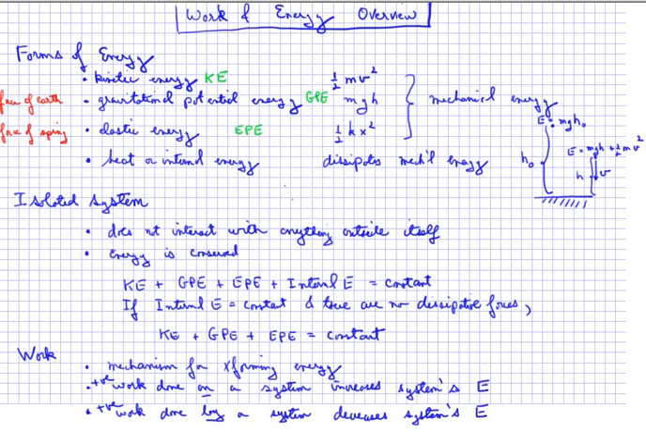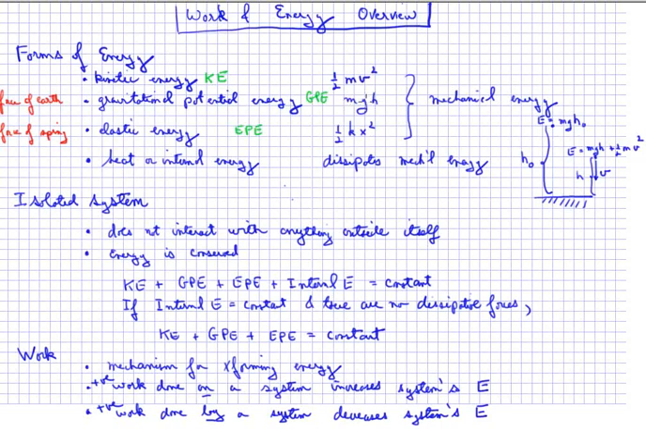This is an overview on work and energy, which is our next big topic. First of all, there are several different forms of energy. Kinetic energy, which I will usually call K or KE, as does the book, is 1/2 the mass times the speed squared. Gravitational potential energy, which I will often call GPE, has the form m times g times h,